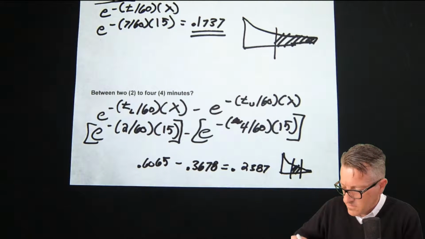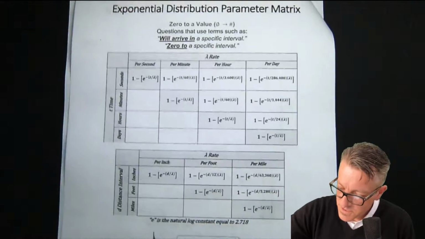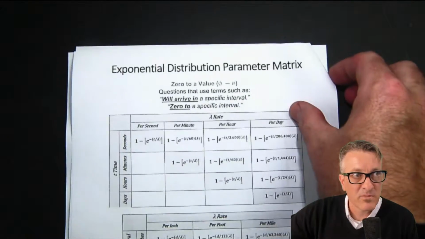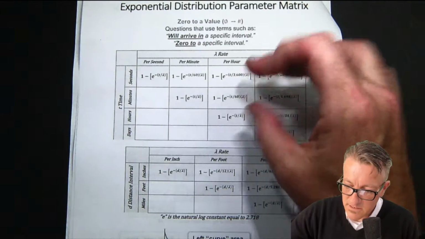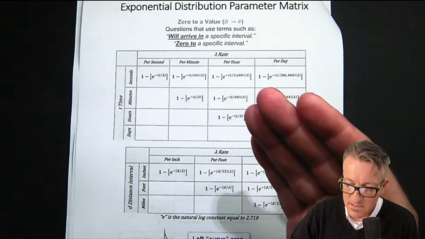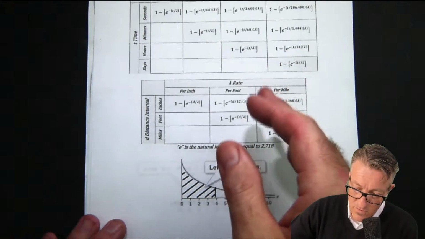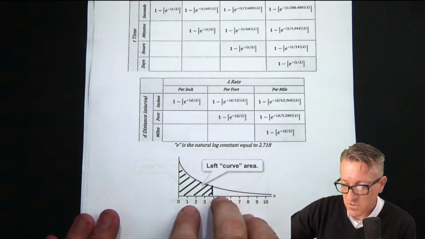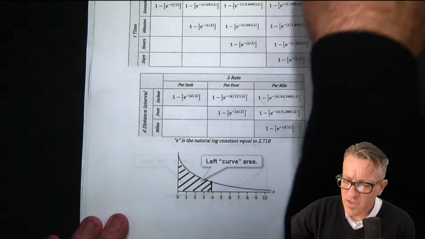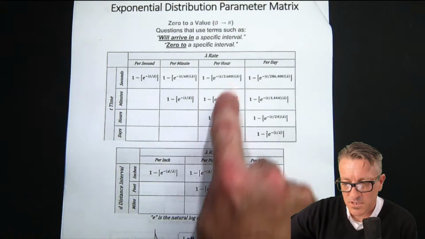Now I want to show you that table a little bit more that you can download in the links for this video. So this was the will arrive in type of calculation that we're looking at. And you see it has time and then distance. Standard distance, I guess, not metric. If I had a request for metric, I could make it for people, but this is kind of more of a teaching tool. That's why I made it. And then this shows the part of the curve. The other big thing is this shows the relationship between units and how the conversion works.